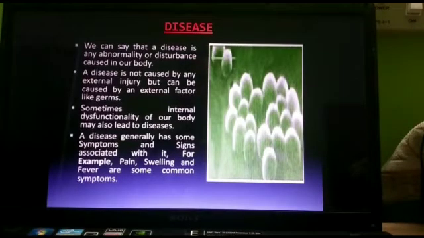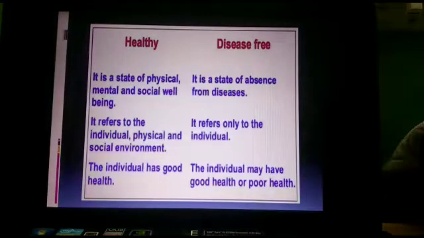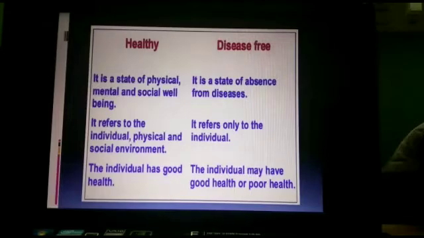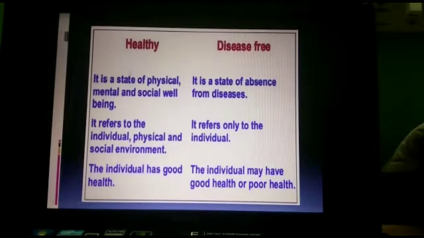Now, let us discuss the difference between disease free and healthy. A healthy individual is in a state of physical, mental and social well-being. That means for a healthy person, these three aspects have to be well: physical, mental and social. Whereas in case of disease free, it is merely the absence of disease. That means a person is just free from disease. Now, second